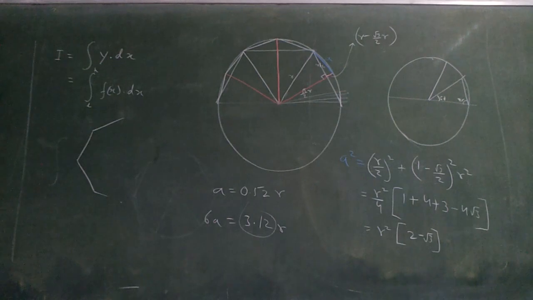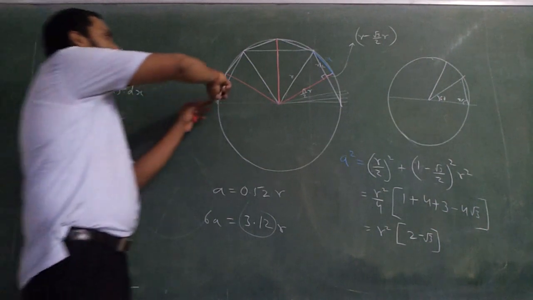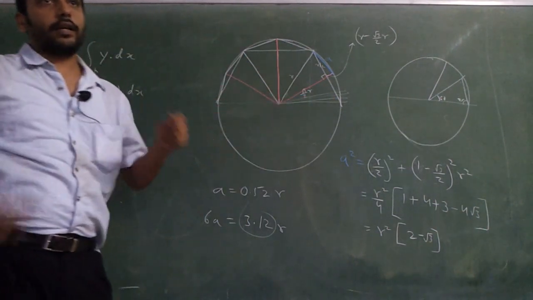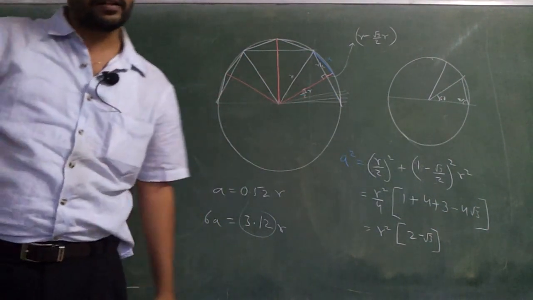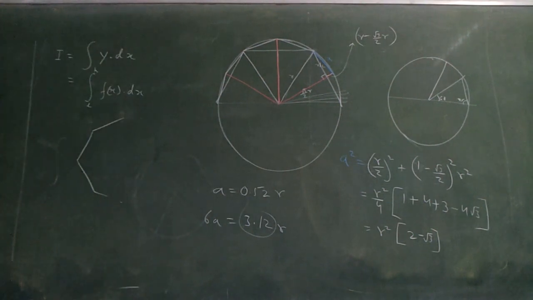And if the limit tends to infinity, the number of divisions tends to infinity, you will get the exact value. Get the point? Is it clear? If you have a thread and you put it in a circle and then straighten up the thread and measure it, you will get the exact same length that you have calculated, provided your limit of division is tending to infinity.